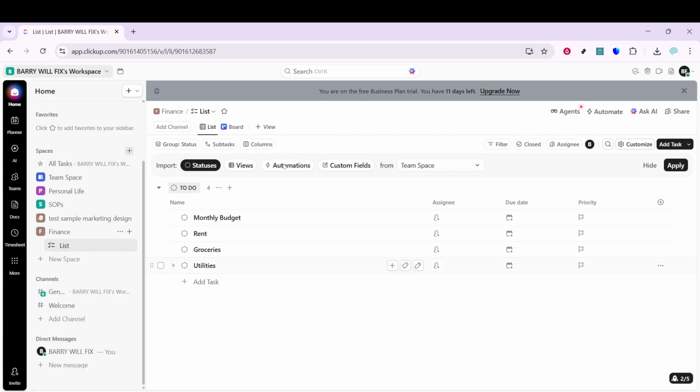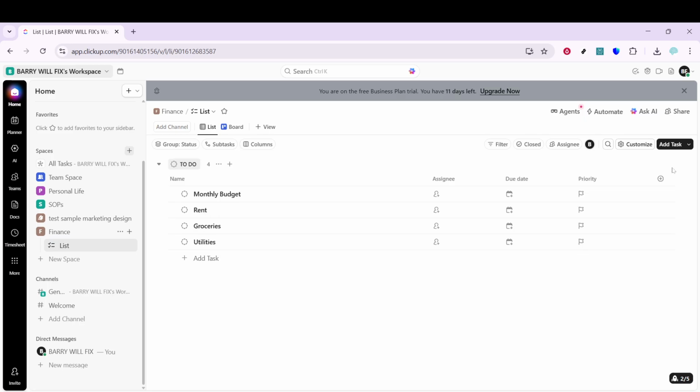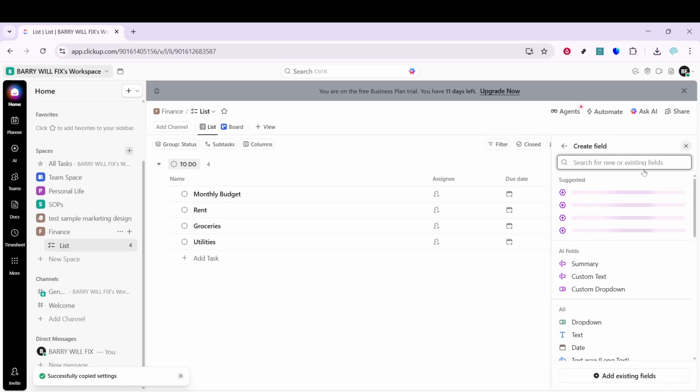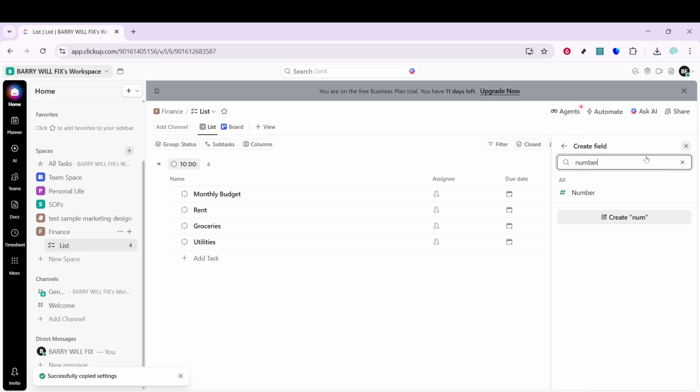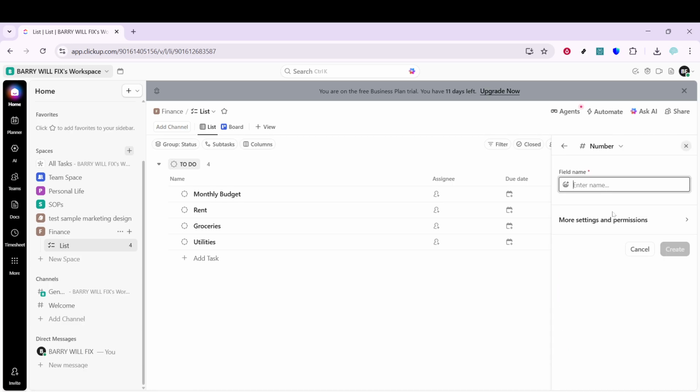categories. Next, capture the numbers that matter with custom fields. Open Custom Fields, add a new field, and choose Number. Use this to store the amount you plan to spend or the amount actually paid. Custom fields turn your tasks into structured data so you can sort, compare, and scan for outliers. They're also helpful for keeping a single source of truth. You can use fields to reflect due dates or payment status, so it's obvious what's coming up and what's already